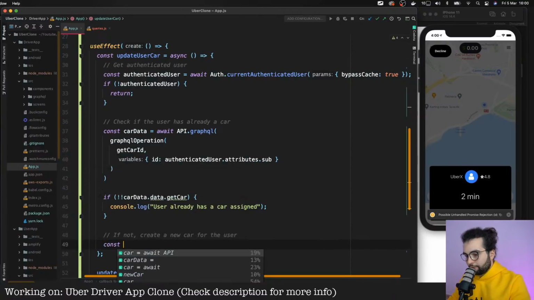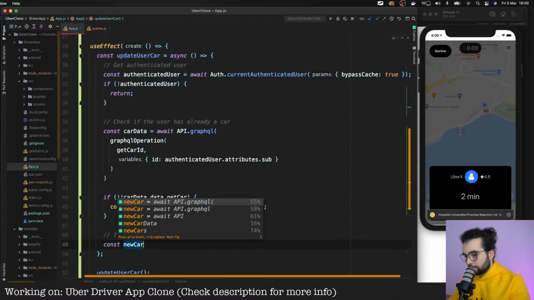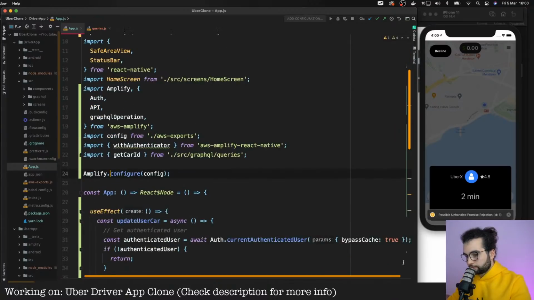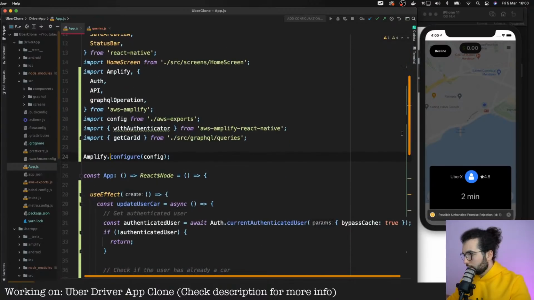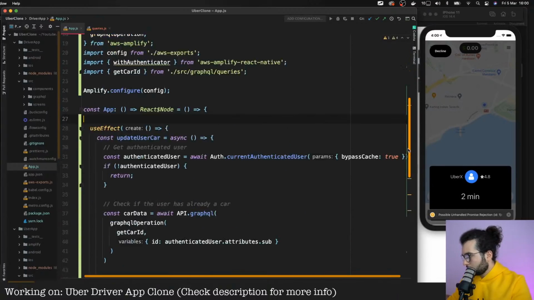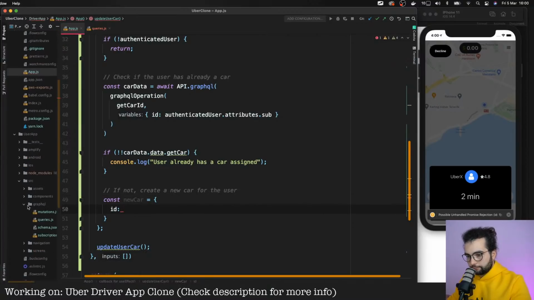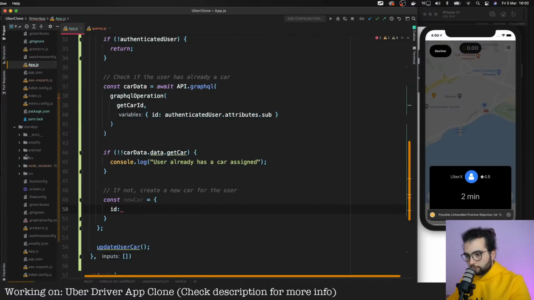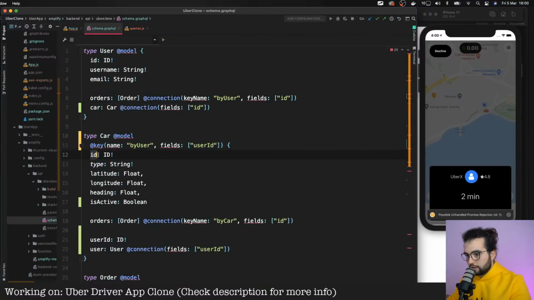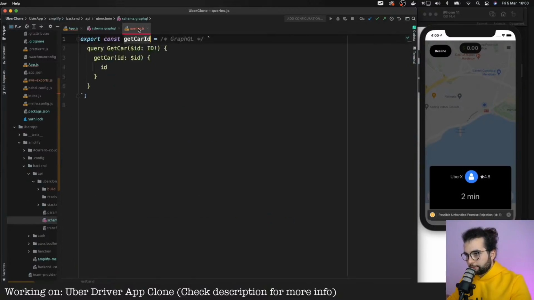Okay, let's define the new car. const newCar is equal to... For the car, we will need an ID. I can open the Amplify schema so we can see what fields we need to send to the car. We need an ID, we need a type.